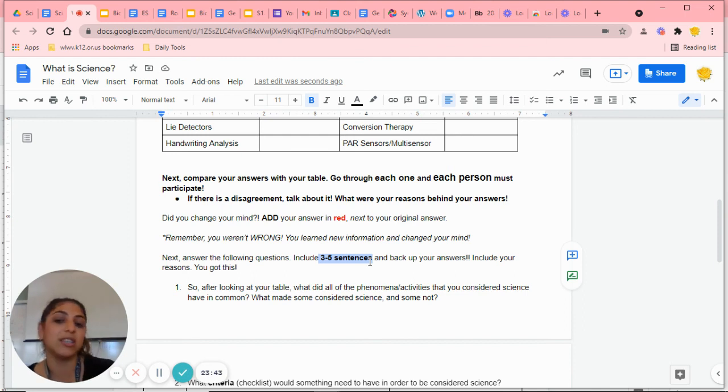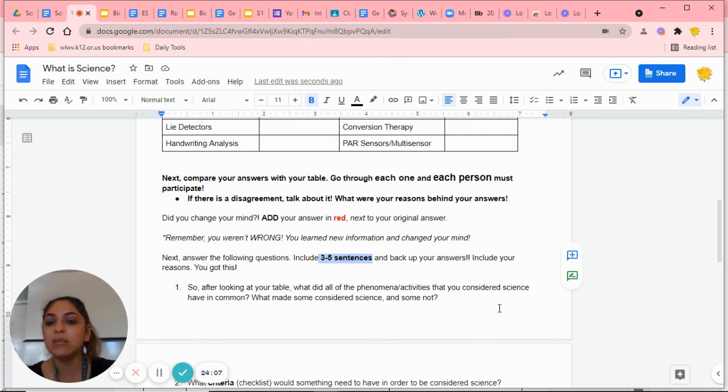So the first question is, after looking at your table, what did all of your phenomenon activities that you considered science have in common? What made some considered science and some not? So what commonalities are you seeing? What threads, what patterns are you seeing? That's kind of what we're looking for.